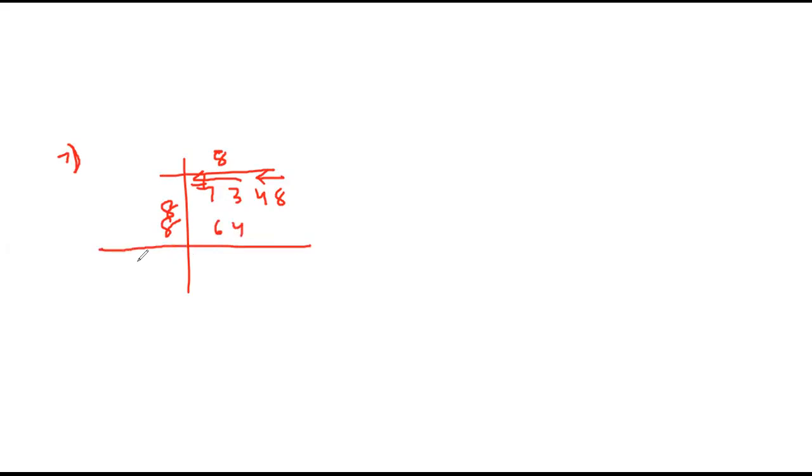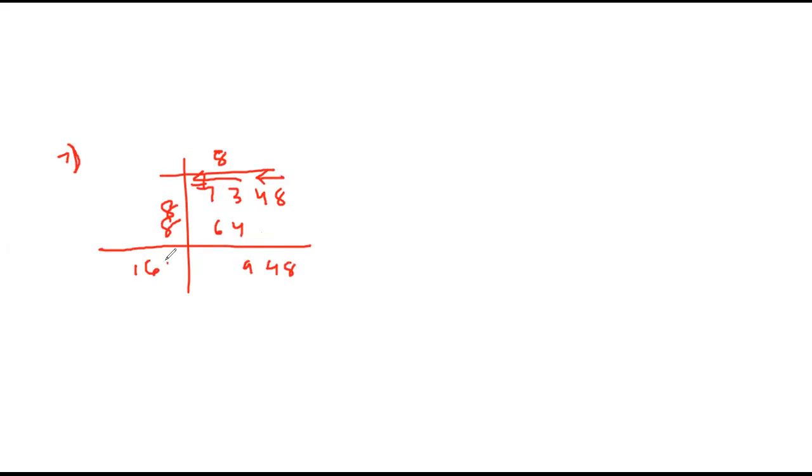Find the least number which must be added to 7348 to make it a perfect square. So first, by the division method, find what is the remainder left out. 8 times 8 is 64, so this is 16. Then 9, 48, so you can go by 7, 6, 42 more.